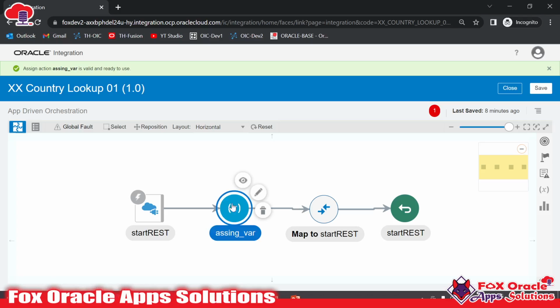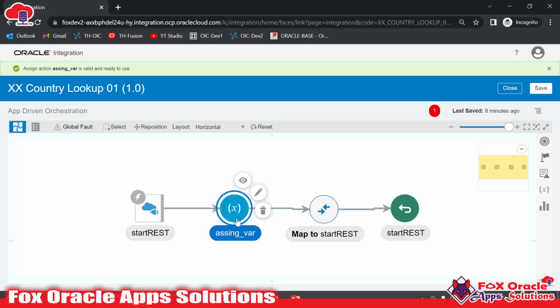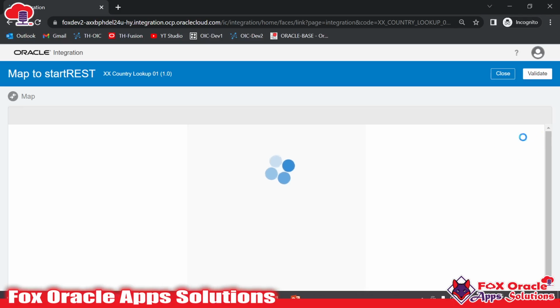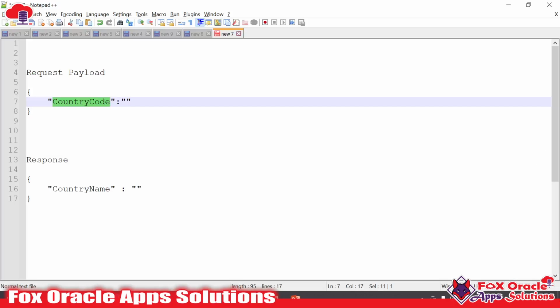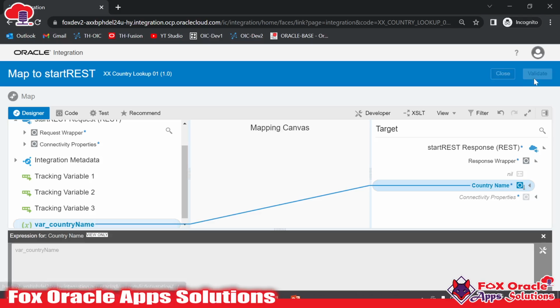In the variable, whatever value the user provides in the endpoint as a request, we use the same with the help of the lookup, and then we have to map this value as a response. This is the response mapper, just click here. In the response you will get the country name. In the response wrapper we have the country name column, so we have to map this country name with our variable, which will store the lookup values. Just validate